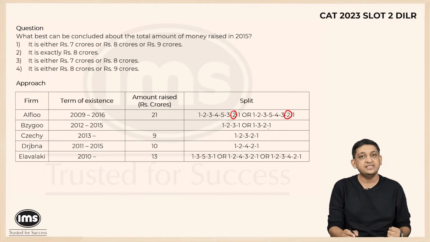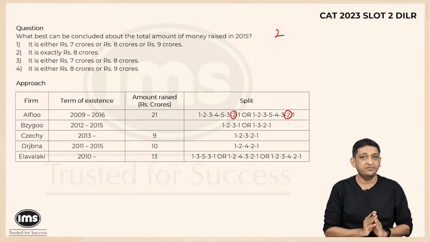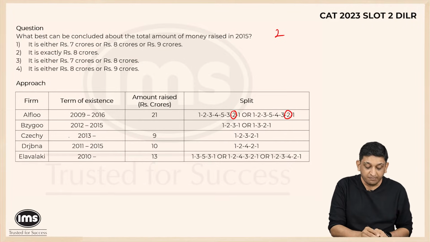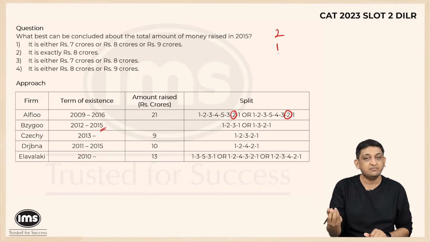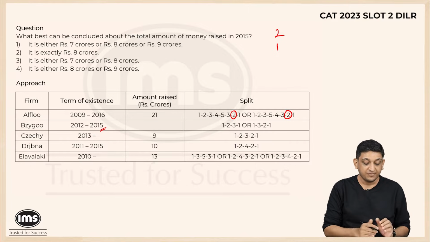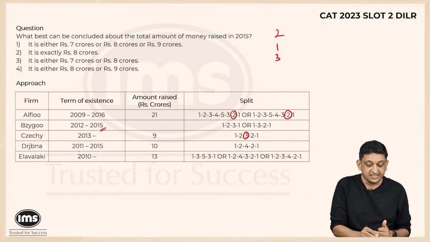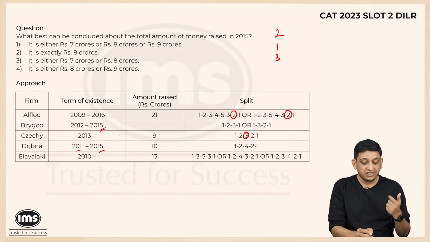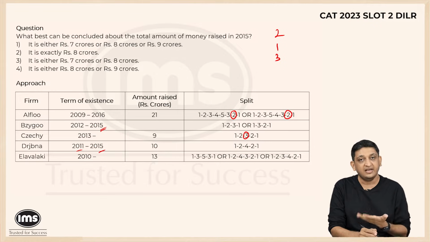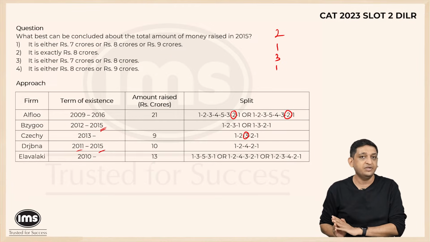So I know that either of these cases will give me 2 crores in terms of the contribution of firm A to the total amount of money raised in 2015. What about firm B? Firm B, I know for sure that 2015 was the year it got closed. That's why 1 crore will be the fund that will be raised by firm B. Firm C, if you look at it, 13, 14, 15, the third year of existence would have contributed 3 crores. In this case, 11 till 15. So 11, 12, 13, 14, 15, the fifth year, last year again would have contributed 1 crore. So till here we do not have any ambiguity as such.